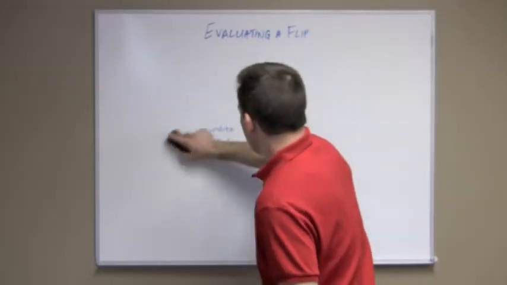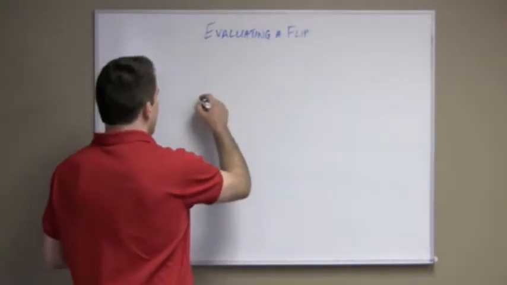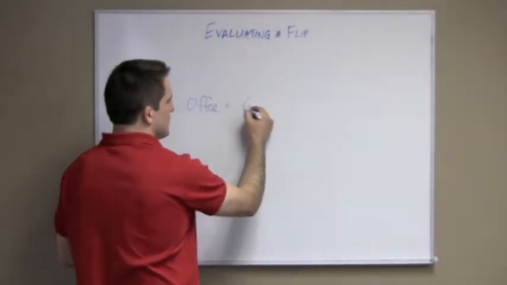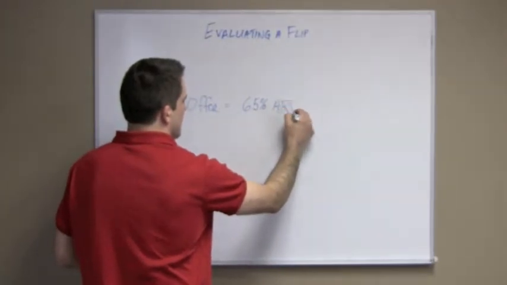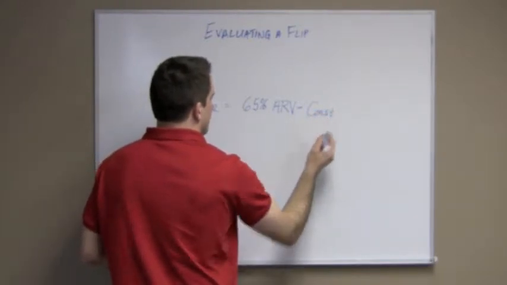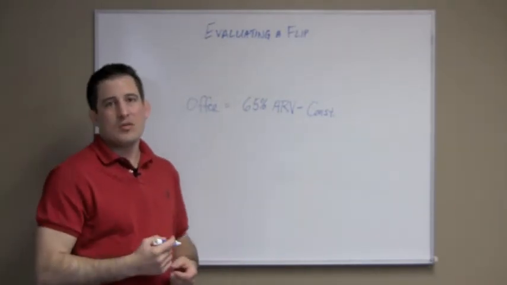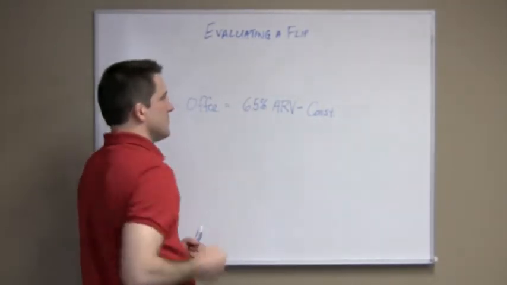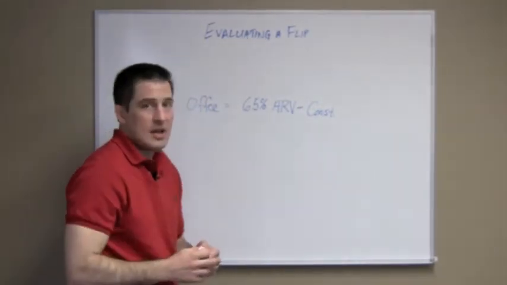Now, as a rule of thumb, I've got a formula that I use when evaluating a property. My offer on any piece of real estate is going to be equal to 65% of the after repair value minus my construction costs. So if we have a property where the after repair value is going to be $100,000 and we determine that our construction costs are $25,000, we've got $100,000 times 65% is $65,000, minus $25,000 in construction,